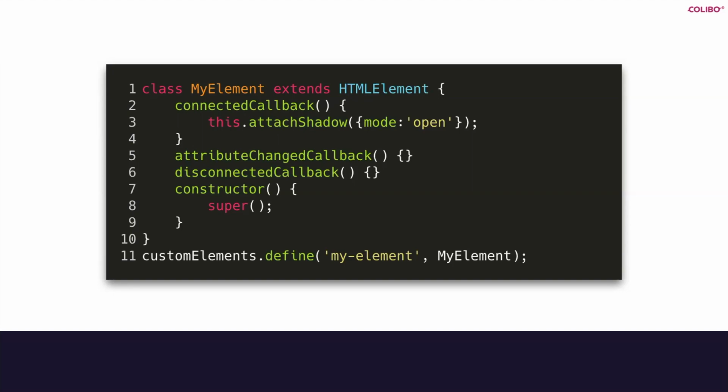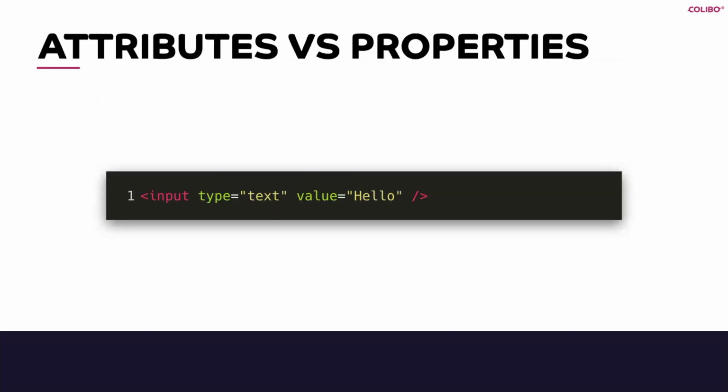And then there's a big confusion on the web, or at least among more or less experienced developers, around the difference between attributes and properties on DOM elements. And I think there's a reason why, and it's because it's kind of hard to figure out what the difference is and how you should think about them.